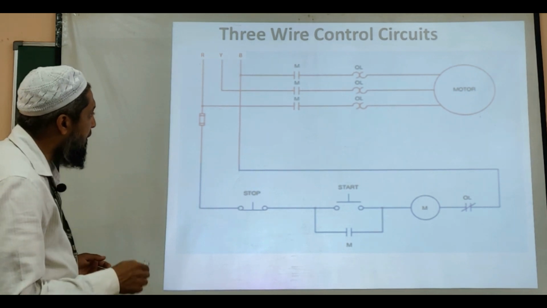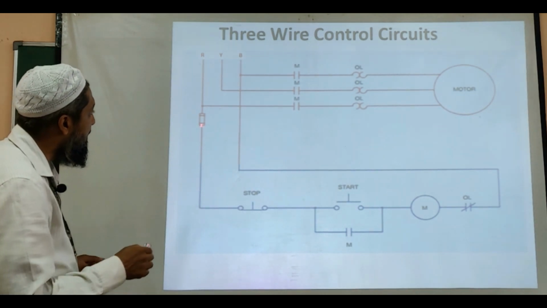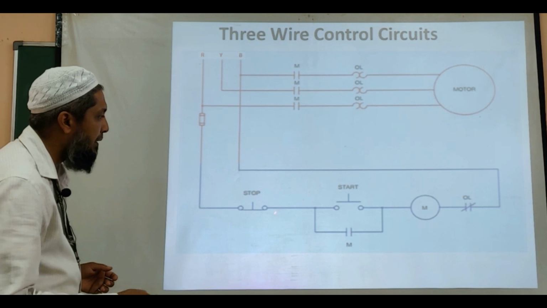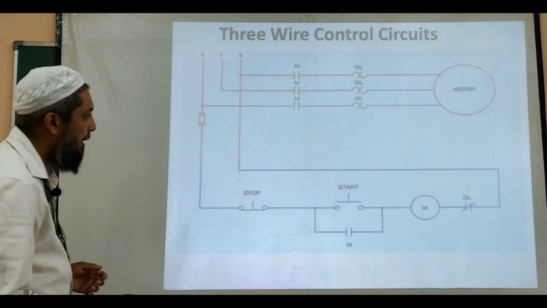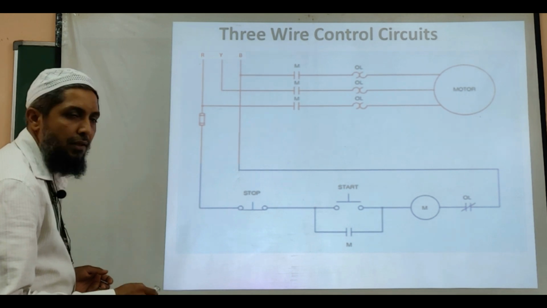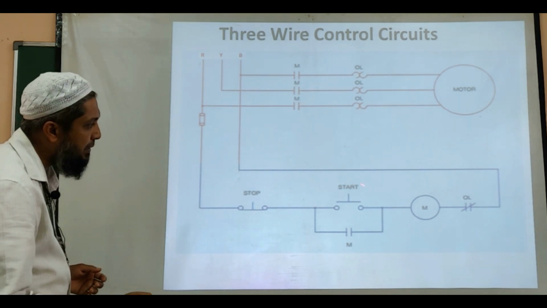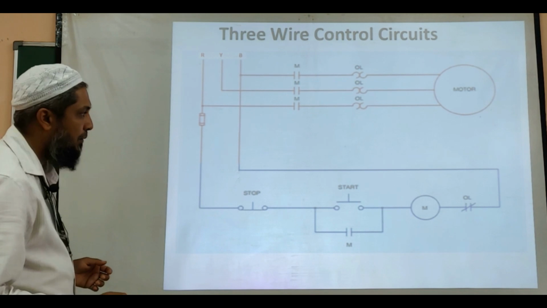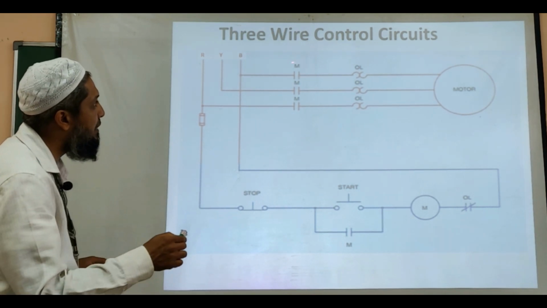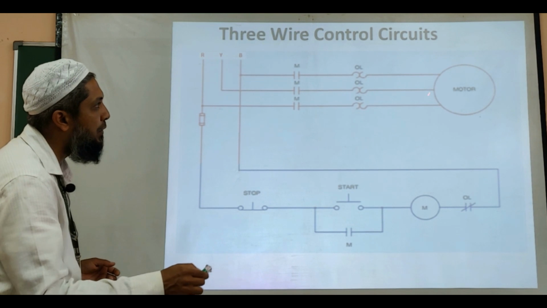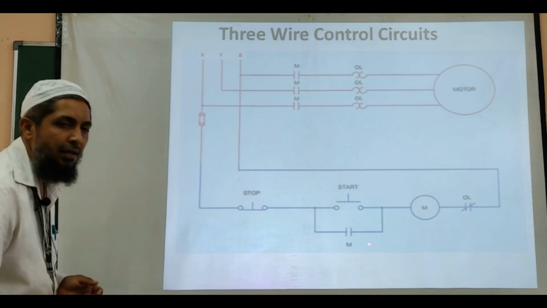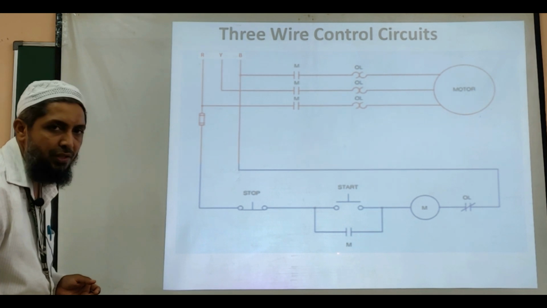So you can see here, in series with the phase, a momentary NC contact is placed. And here is the yellow contact, and this is the auxiliary contact. Once we push this yellow contact, the supply is given to the coil and the coil is energized and these contactors are closed and supply is given to the motor. At the same time, this auxiliary contact latches, or it also closes.